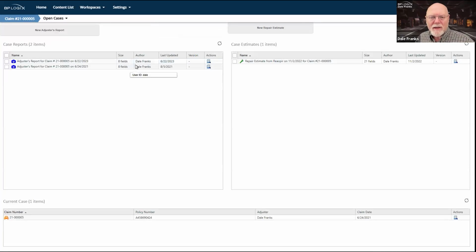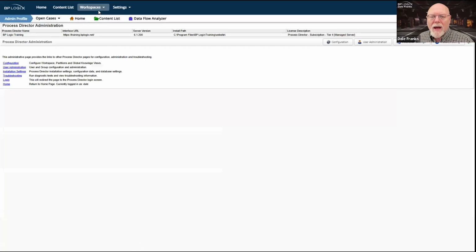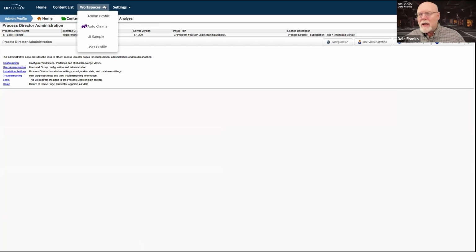And this is claim 005. So that's great. That's really useful. The question then becomes, if you're managing the system, you need to set up some sort of rule about when a workspace is necessary and when it is not necessary, or set up a system where it's more generic and doesn't have specific navigation. And that can be tough to do.